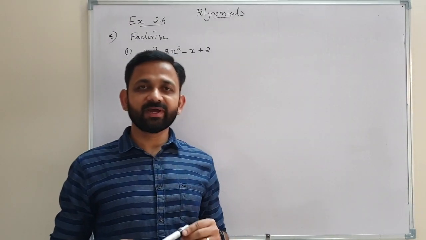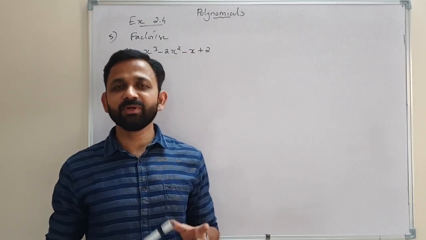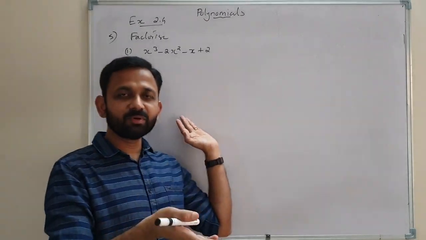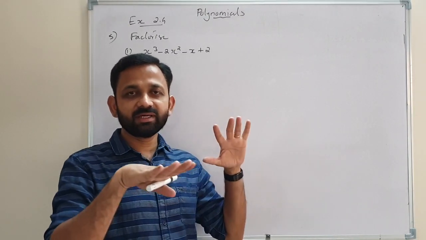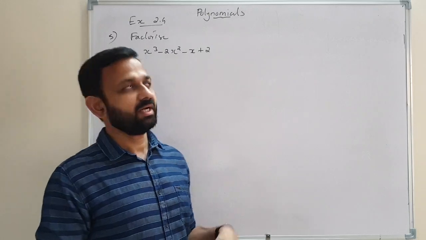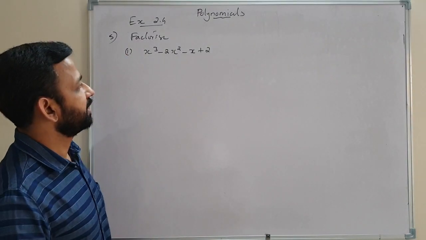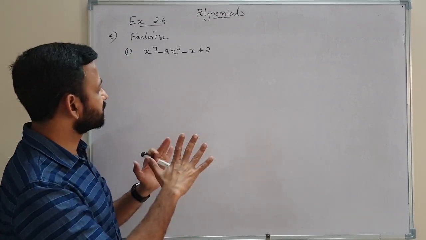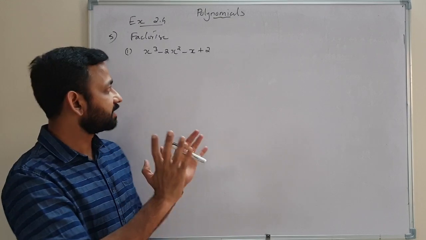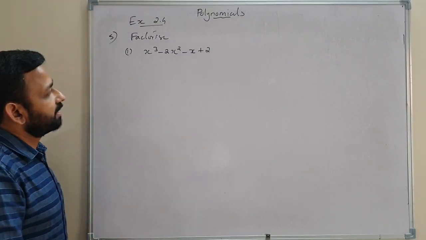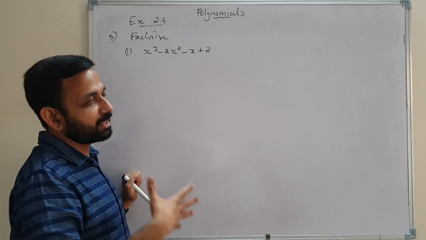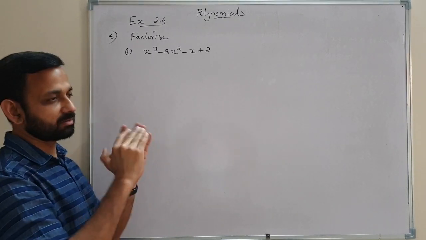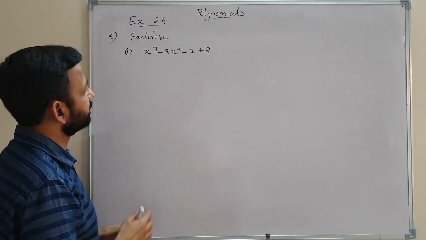Now we will learn how to factorize a cubic polynomial of degree 3. We learned the factorization of a quadratic polynomial in the previous video by splitting the middle term. When we get a cubic polynomial, in some questions it will be very lengthy, and in some questions it will be very easy. So when we get a cubic polynomial, we will try to factorize by the normal way, by taking something common. If we get some expression common inside the bracket, then it may be easy.